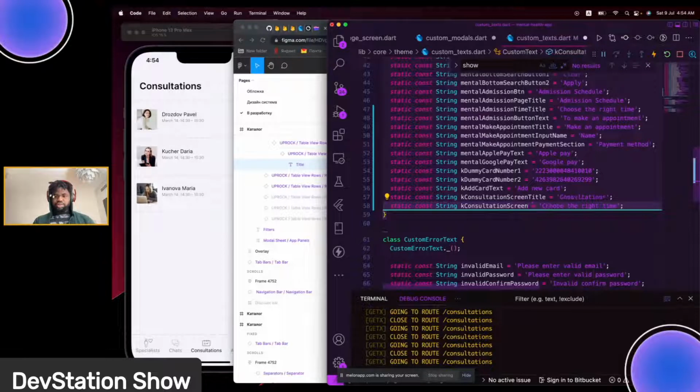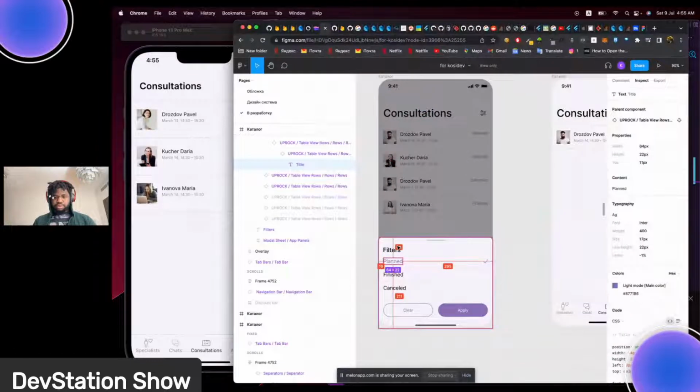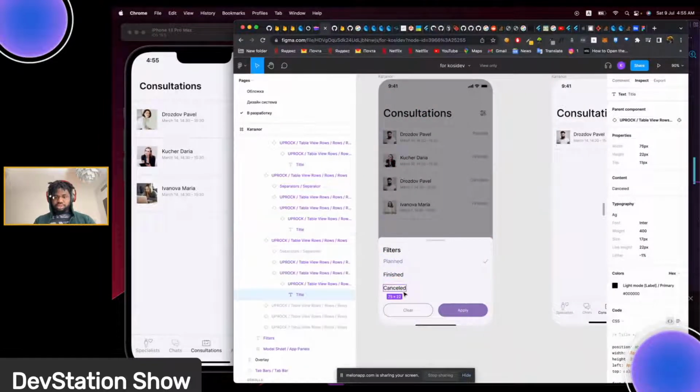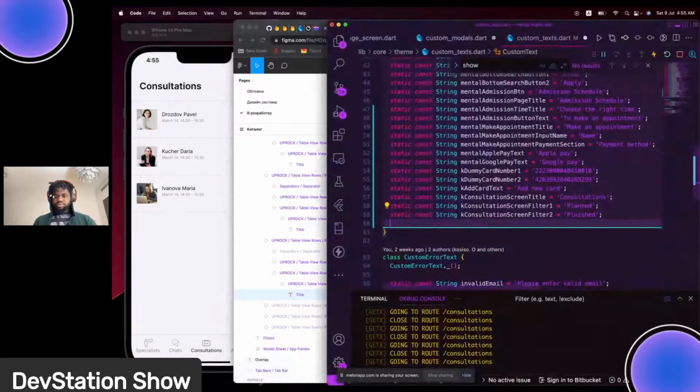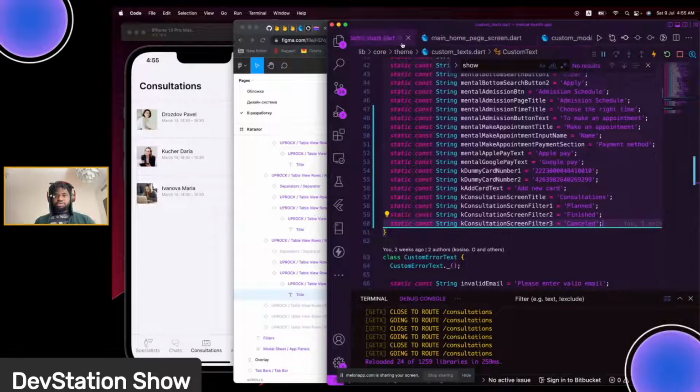A consultation screen filter 1, and filter 1 we could just call that planned. So filter 2 to be finished. Okay, that's it. The next one will be cancelled. And we have it, filter 3 cancelled. Save that. Go ahead and start using